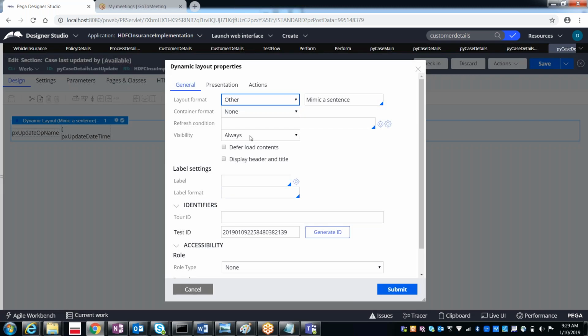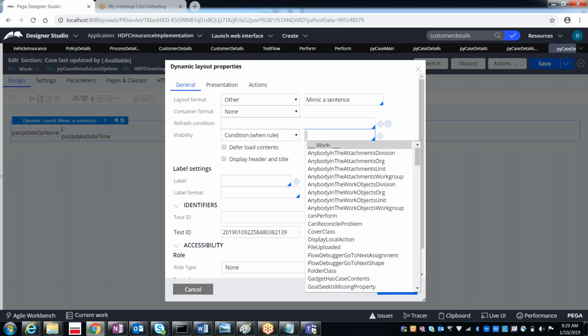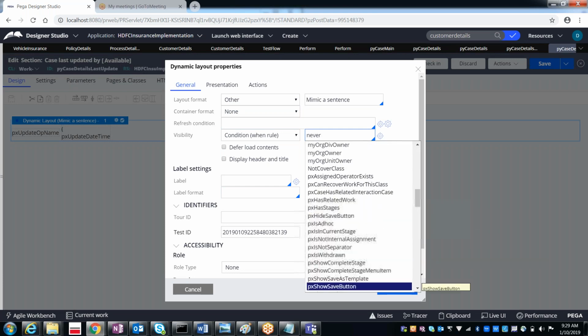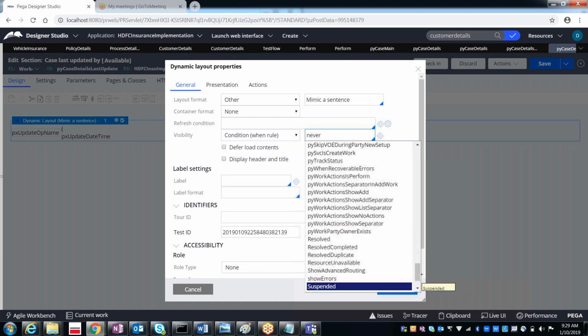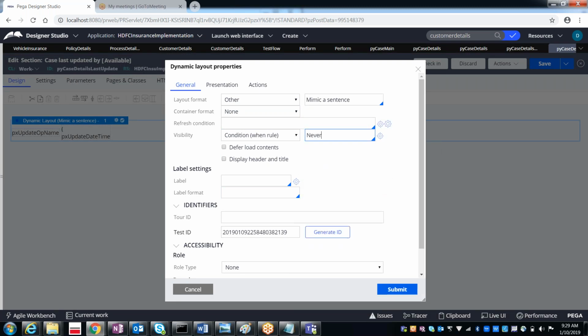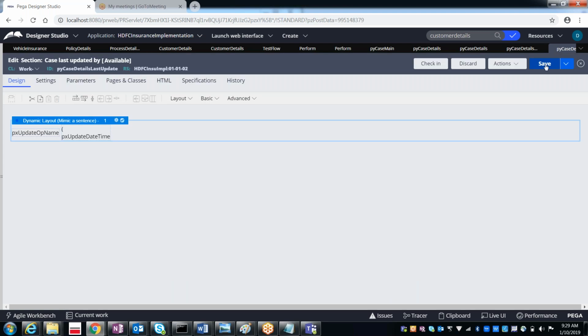So visibility is always there. Give a when rule, and there is a predefined OOTB Pega when rule called never. So submit and then save it.